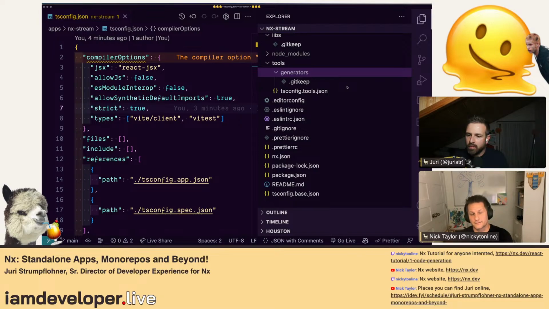And I guess to that point, if I was a company or just some kind of project where we always want to generate an NX project in a certain format, can we somehow point to it? So we've generated the project now, and let's assume we have a few custom generators. Could that particular project structure, including the generators, be something that when I do NX create latest I can point to? Yeah, basically, perfect.